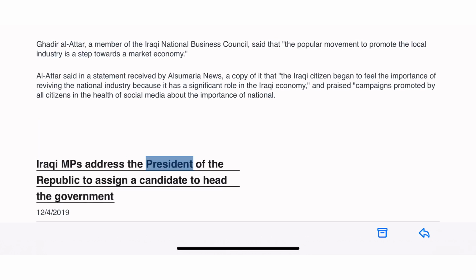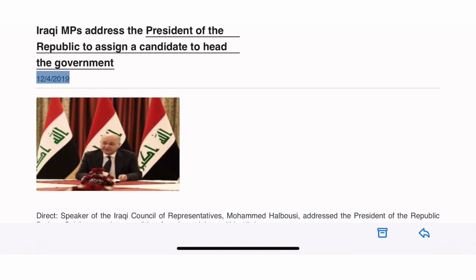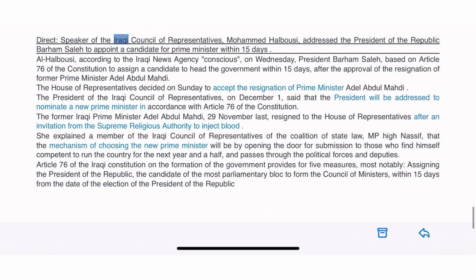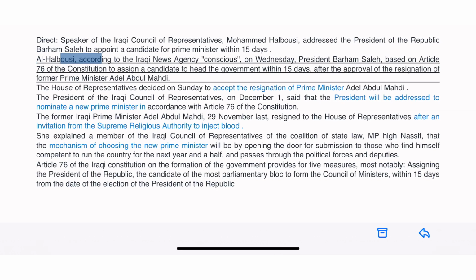Iraqi MPs address the President of the Republic to assign a candidate to head the government. December 4, 2019. Speaker of the Iraqi Council of Representatives Mohammed Halbousi addressed the President of the Republic Barham Saleh to appoint a candidate for Prime Minister within 15 days. Al-Halbousi, according to the Iraqi news agency, on Wednesday asked President Barham Saleh, based on Article 76 of the Constitution, to assign a candidate to head the government within 15 days,